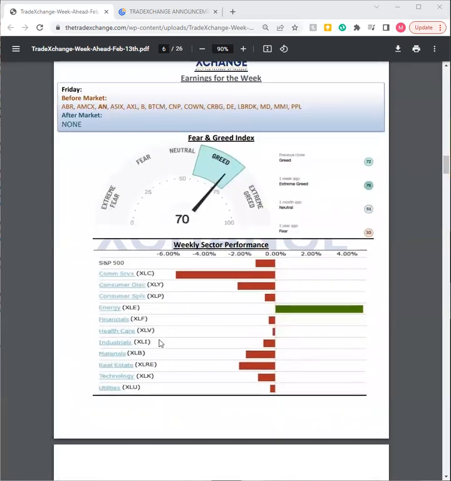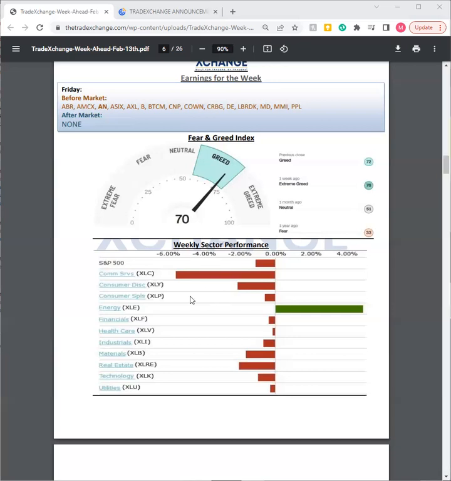Your fear and greed index, look at that number, 70 on the greed side. So that greed is in the markets. We can tell by the volatility that we've seen since the start of the markets, but clearly the mindset is on the bullish front, as you can see across any of these media stations these days. The amount of bullish contributors has surpassed the bearish mindset in the past few weeks to the beginning of the year.